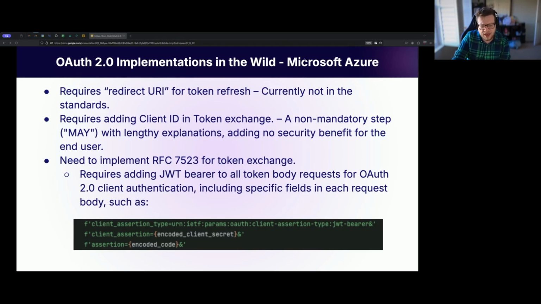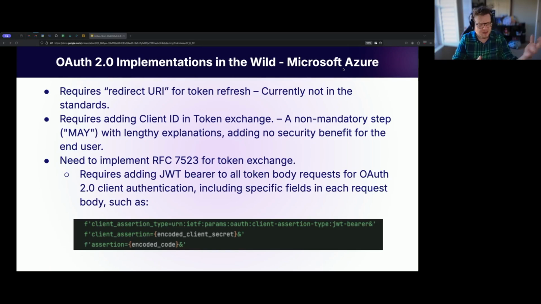And then they have this particular RFC 7523, an RFC for token exchange. It requires adding these client assertions, which are JWTs that have specific meaning. I'll be really super honest, I don't fully grok what's going on here. They're the only ones who've implemented this in our library. And we did it, we got it done. We have to send this as a part of it.